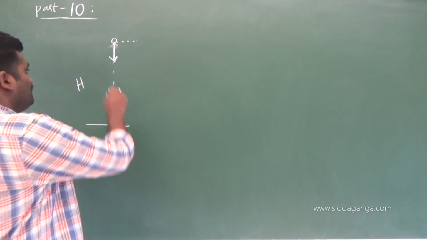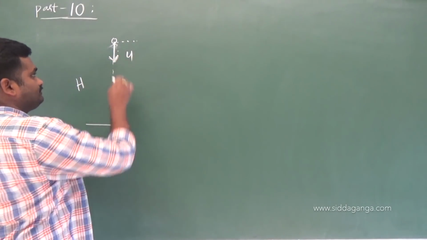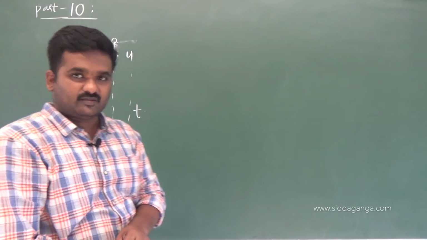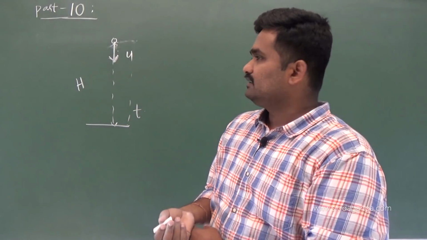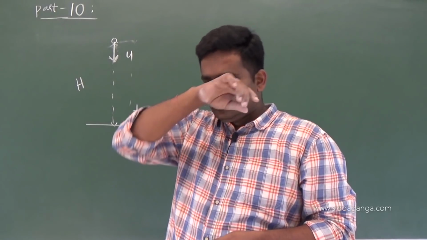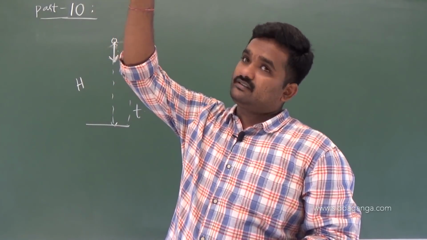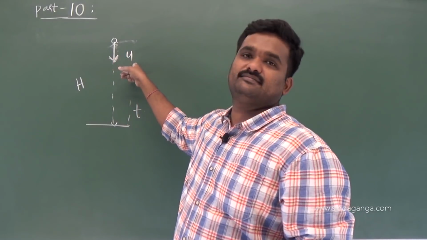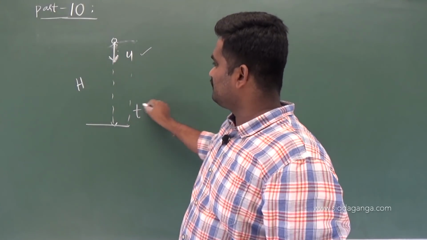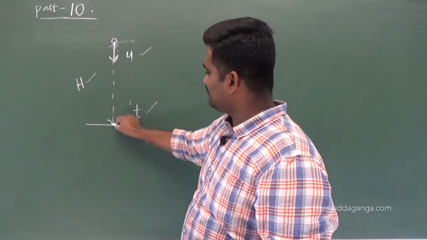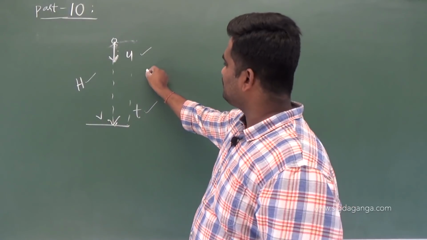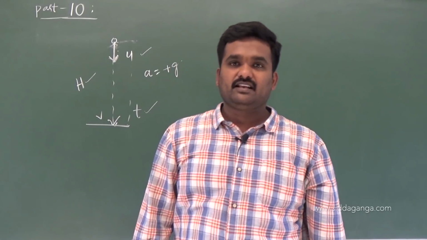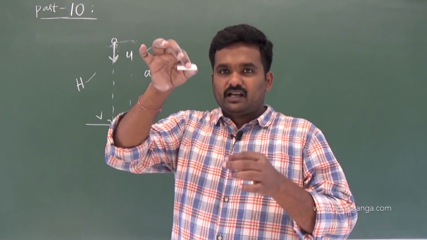This is something like a body which has been thrown down with a velocity u, and if it takes a time of t seconds to reach the ground, what is the equation corresponding to this particular motion? It is just like vertical motion only. Instead of throwing up, I am going to throw it down from a certain height. Throw it down means I am giving some velocity. Initial velocity we are aware of, time taken and displacement we know. Let us say it reaches the ground with velocity v. Now tell me with what acceleration it will move. a equals plus g, you have to consider. Why? Because it is given a velocity downward, it is made to move down. Instead of dropping, I am going to throw it down.